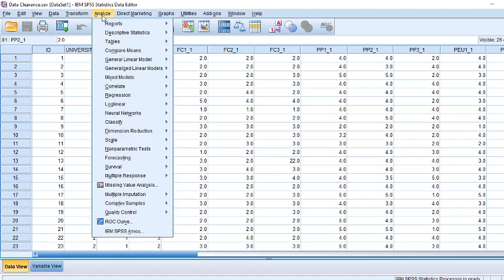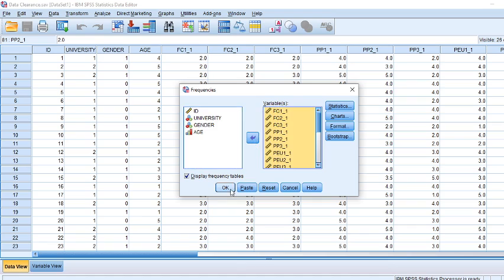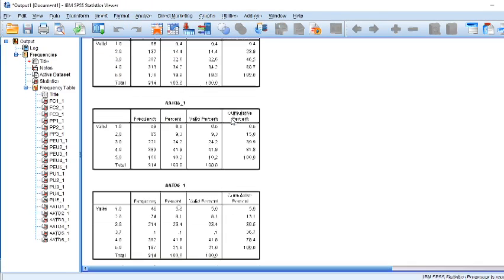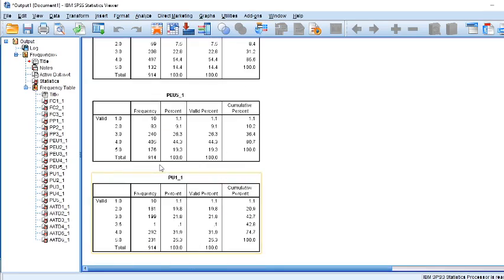So how to check? You go to Frequencies, put in all the variables, press the OK button, and you will see 1 to 5 and then the total range in all these.